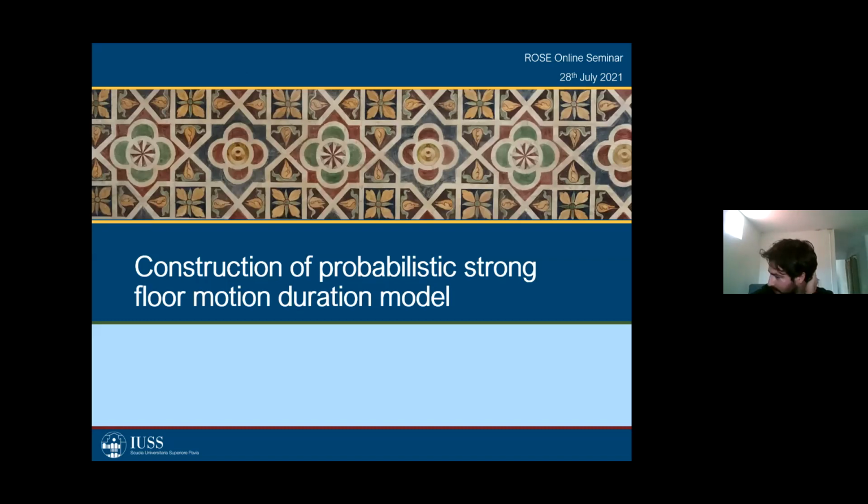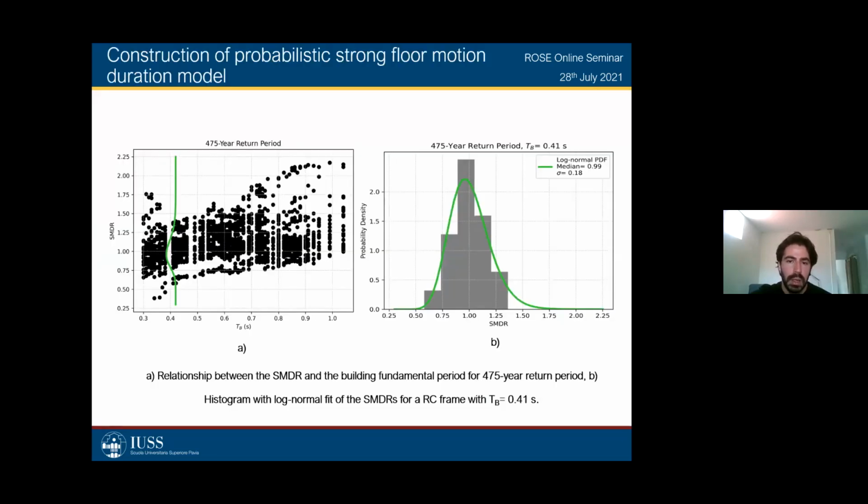So, okay, that data looks very nice and everything, but what can we do with that? Because that is very deterministic. We need something in order to be able to estimate probabilistically the values of the strong motion duration, because that's what is needed for the synthetic generation of fluid motions. So that's what I'm going to talk about in the next few slides in this section.